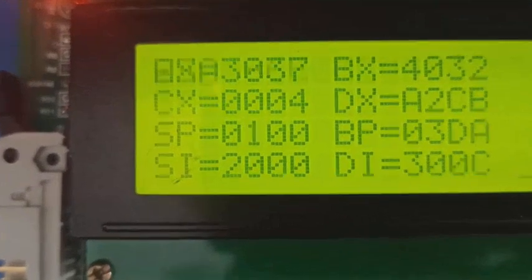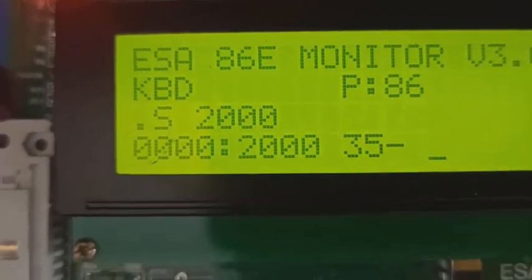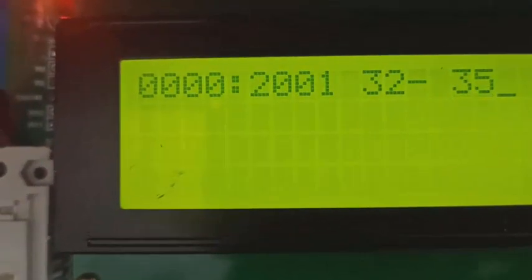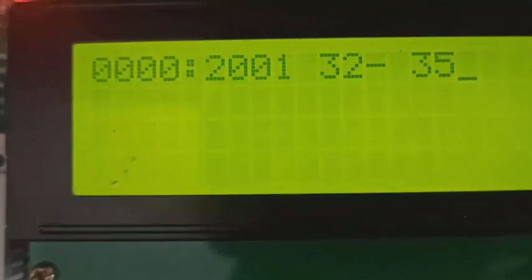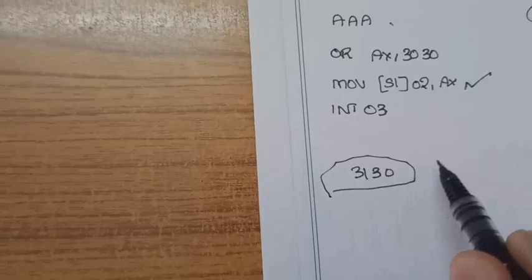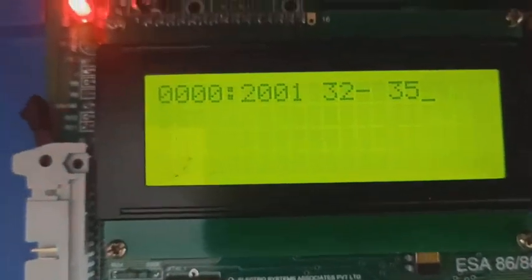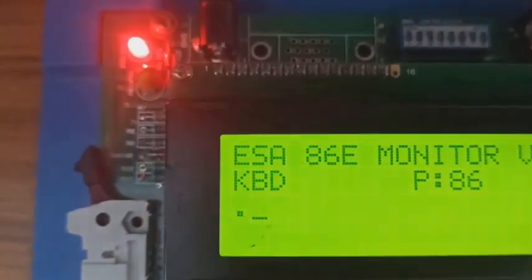For example, if we change the inputs in 2000 to 35 comma 35, normal addition means 5 plus 5, 10 should be the result. So 10 should be represented as 31 and 30. 3130 represents 10 in ASCII. So if we give these inputs, let's execute the program.